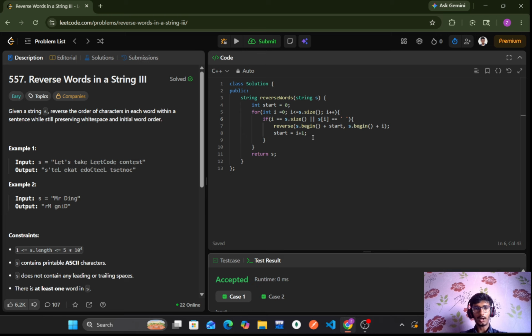Now I will explain how the code works. We start by declaring our start pointer, int start equal to 0. This keeps track of where our current word begins. Then we write a for loop